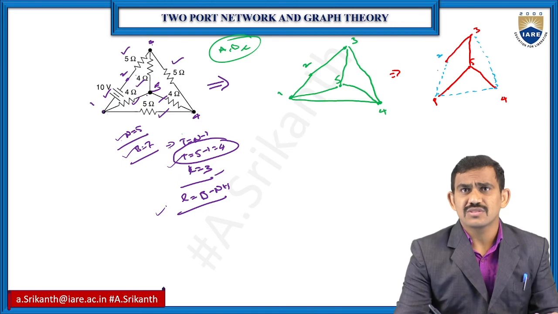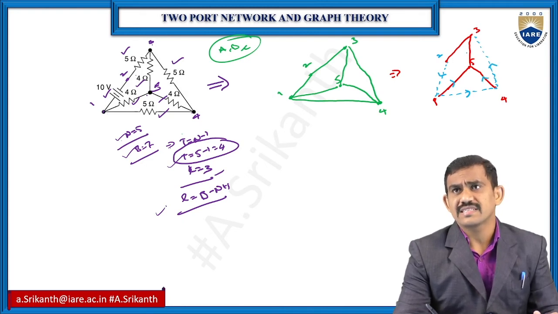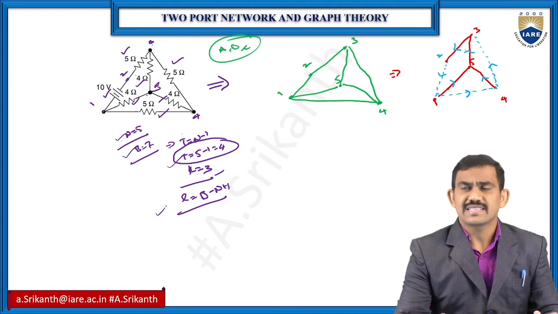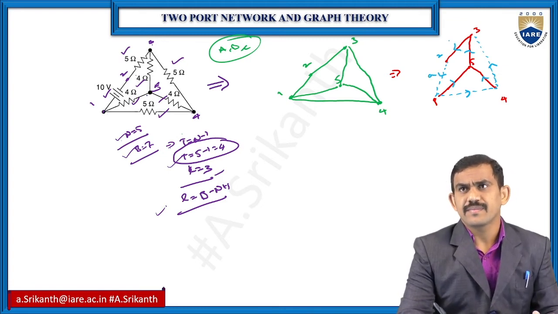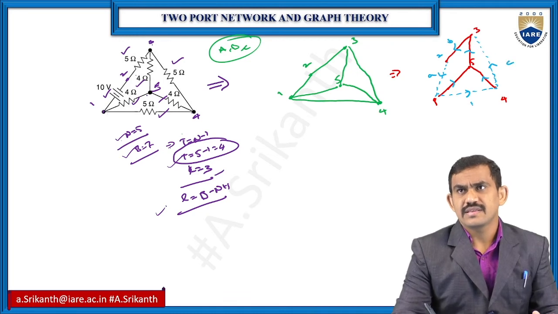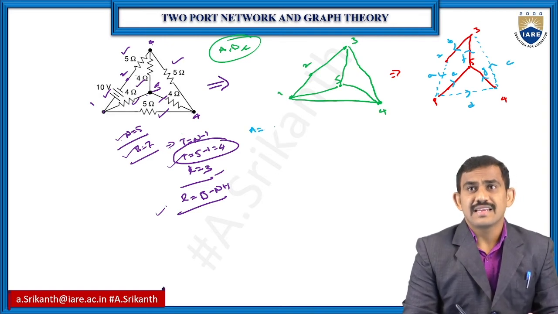Then direction. So go for the source direction, negative to positive here, here. Any direction, no need to worry about direction. You can use any direction. Okay, this is my direction now. Okay, and mention the branches A, B, C, D, E, F, G. Now your A matrix. A matrix is number of nodes.